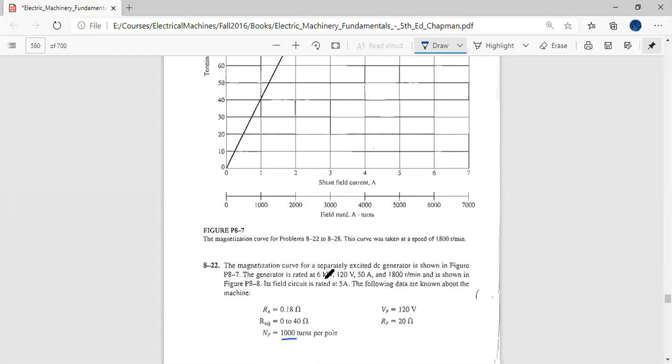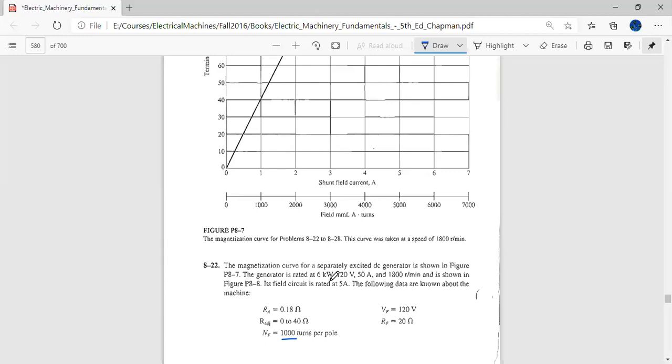The generator is rated at 6 kilowatts, meaning for the generator, the load is electrical in nature. You made these problems in assignment number 3. I have also uploaded the answer key of assignment number 3 on LMS. You can check that. I had already discussed in the lecture what problems were there while you were investigating it. So always remember, for a motor, the load is considered the mechanical load, and you have to consider that in all your power calculations, input-output power calculations and losses. And in a generator, the output load is the electrical load, and the input power is the mechanical power. So the mechanical power is the output electrical load plus losses.